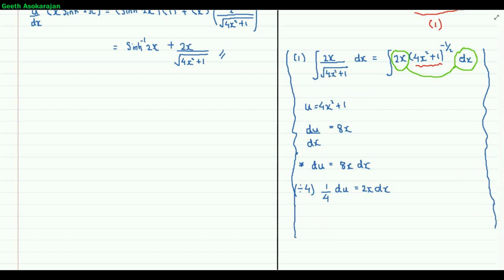Now as you can see, I do have a 2x dx here. So we can replace this 2x dx term by a quarter du, and also we can replace the 4x squared plus 1 by u. So if we go through the substitution step, by substitution,